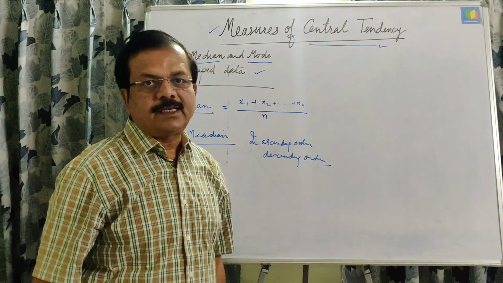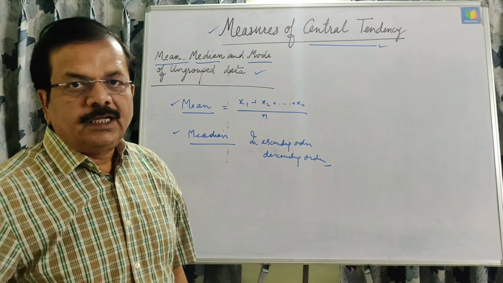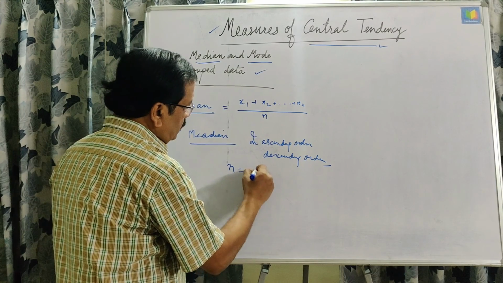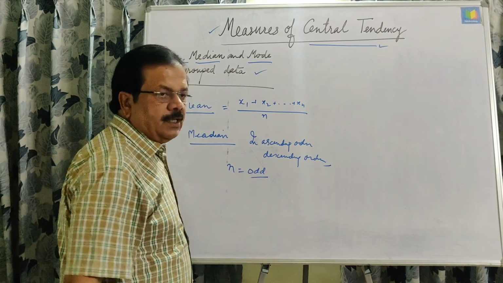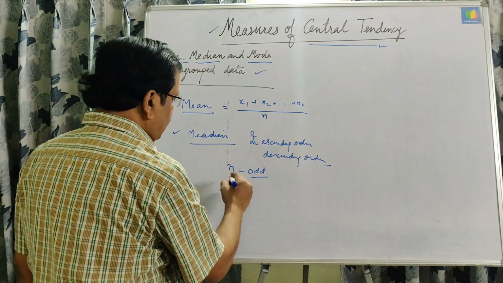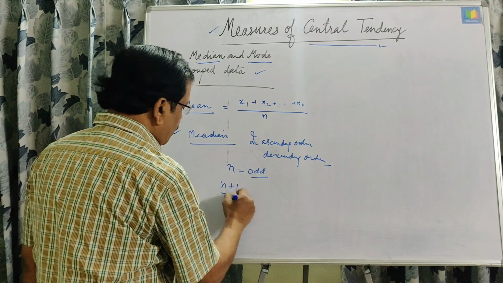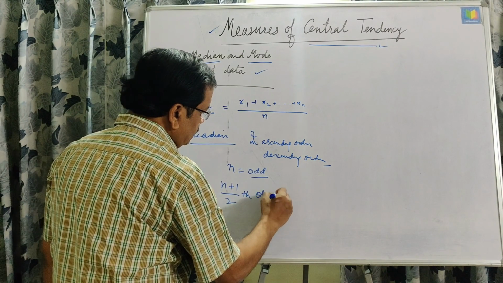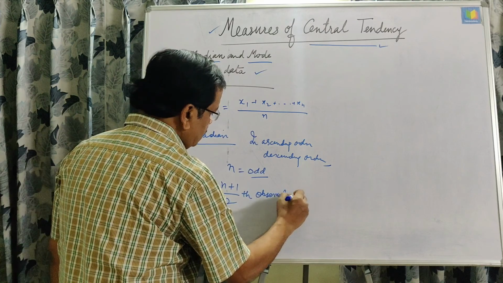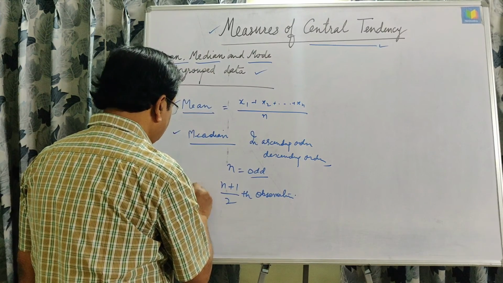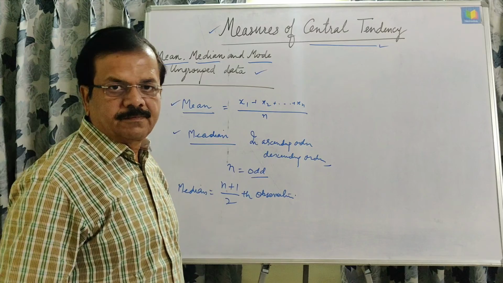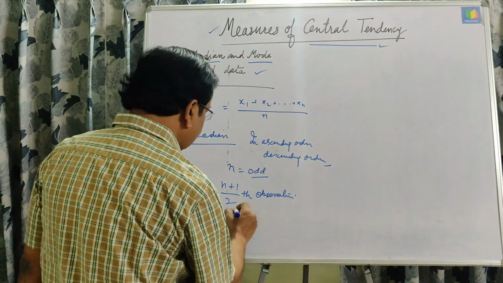After writing in ascending or descending order, we count the total number of observations. If n is odd, then the (n plus 1) upon 2th observation will be the median. And if n is even,